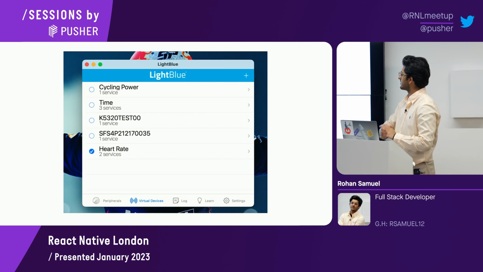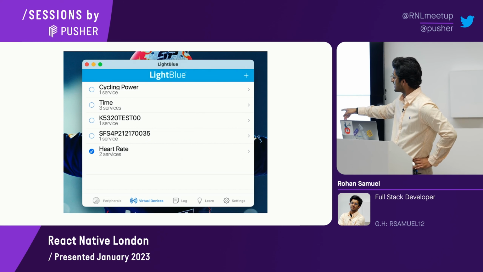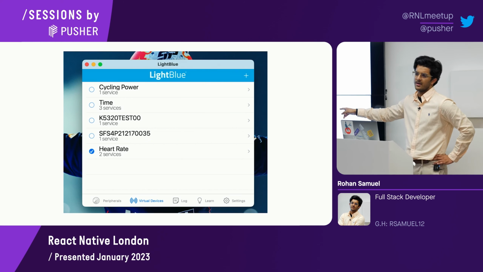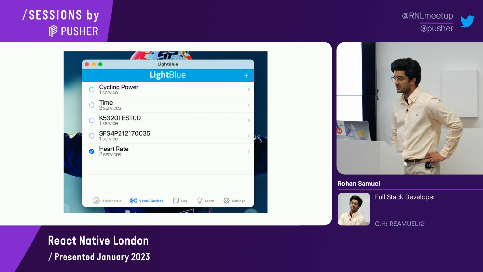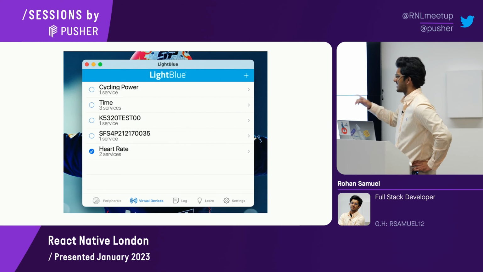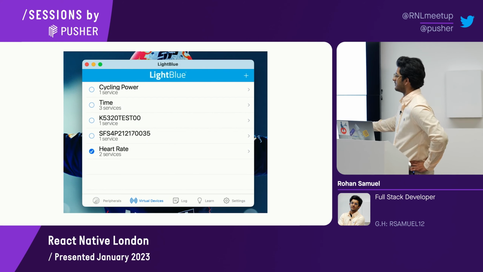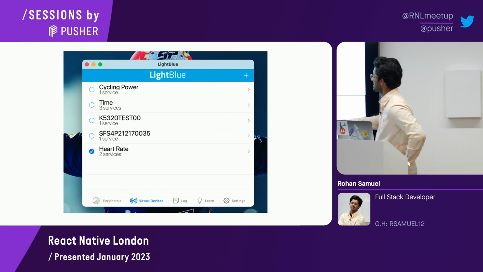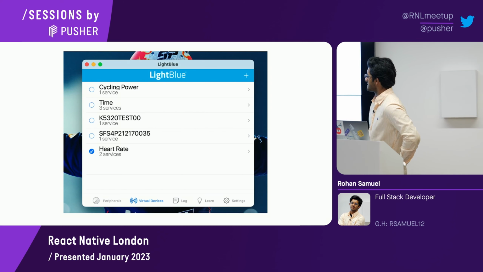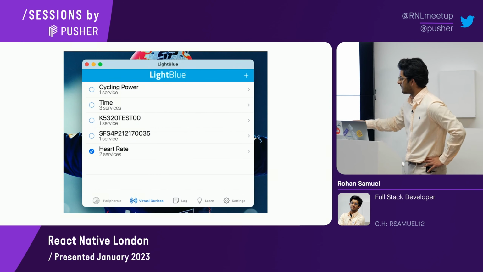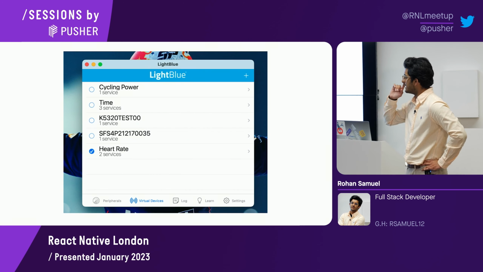So with LightBlue, it's a pretty good service that is available on the App Store and the Google Play Store, so you can install it on your phones. You can also install it on your MacBooks. I don't know about Windows, I'm not too sure about that, sorry. But for Mac and for mobile phones, it's pretty good because